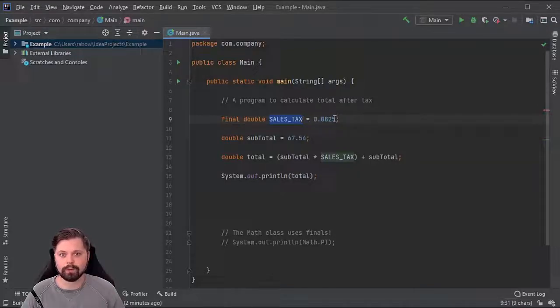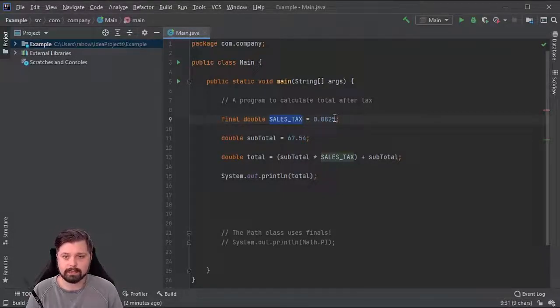And why would we want to do this? Well, if you think about it, the sales tax is something that doesn't change often. It's not going to change for a while, and it hasn't changed for a while. We also want to make sure that it's fair across the board. No matter where you make a purchase in Texas, as long as the sales tax is applied, it should be applied at the same value, or else you're not doing things fairly across the state as it comes to sales, right?